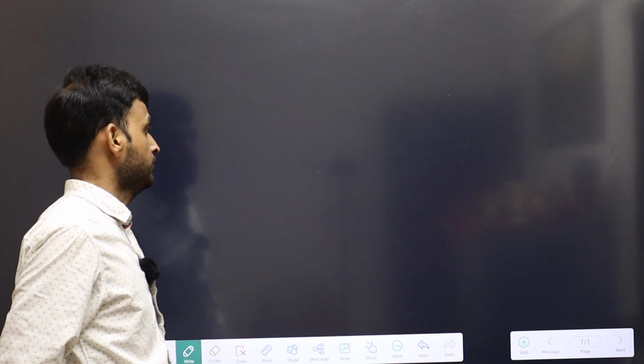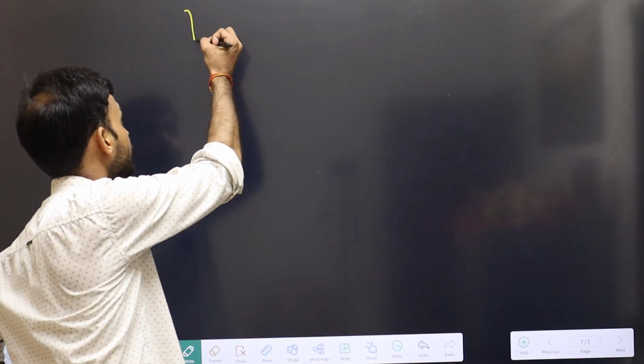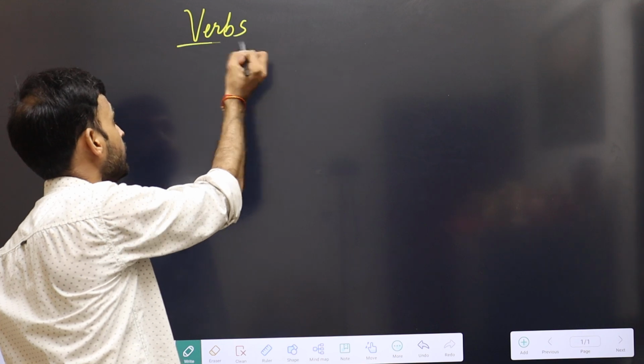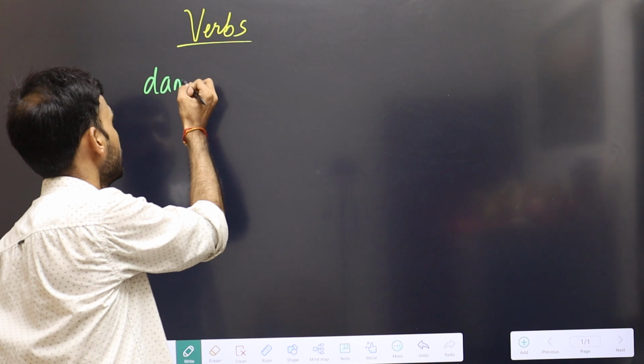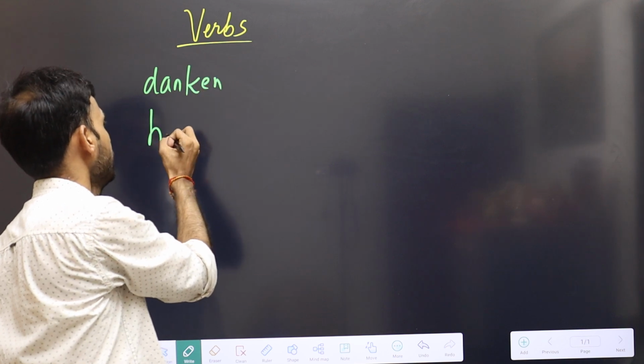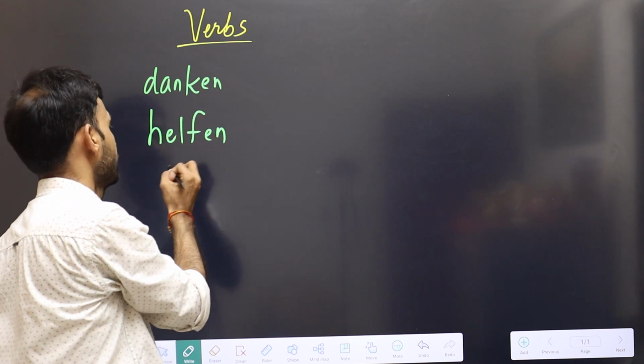Next. Now we come to the second category of verb. These verbs like danken, helfen, gehören,